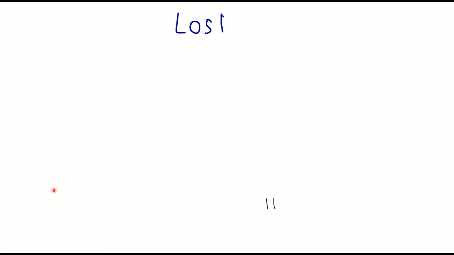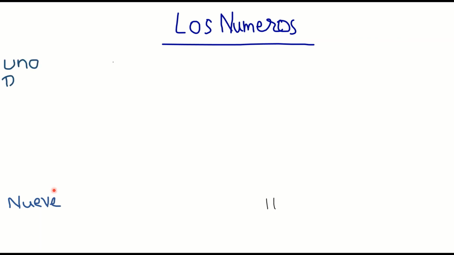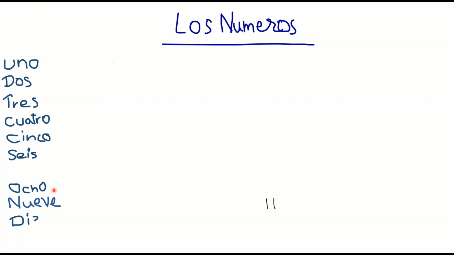The numbers, los números. Okay, so let's start with 1 to 10. So it's uno. ¿Y cómo se escribe uno? Now that you already know the alphabet, you should be able to write the numbers. Uno is U-N-O, uno,